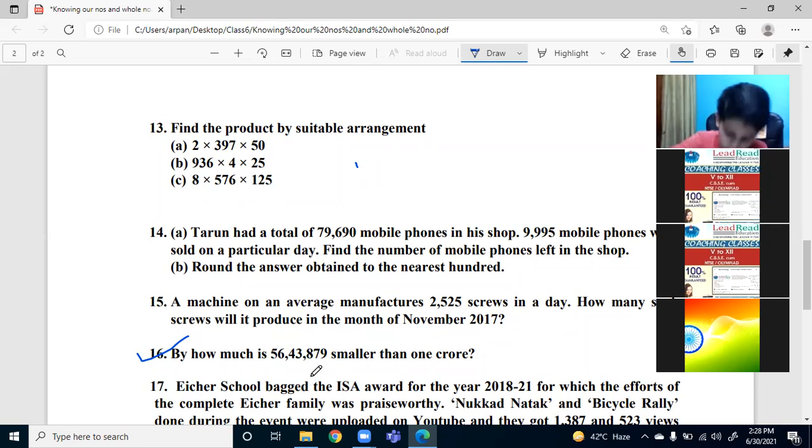Ma'am, 16 is done by Samit and he has his hand raised also. How much is smaller by 1 crore? Ma'am, Samit is ready with the answer. Can he tell? No, just wait. Two hands are raised, Hriday's hand and Samarth's hand. But I am giving this question to Tanmay. Yes, Tanmay. Ma'am, 1,000 smaller than this. I mean, this is 10 lakh. Only one we needed to make it crore.